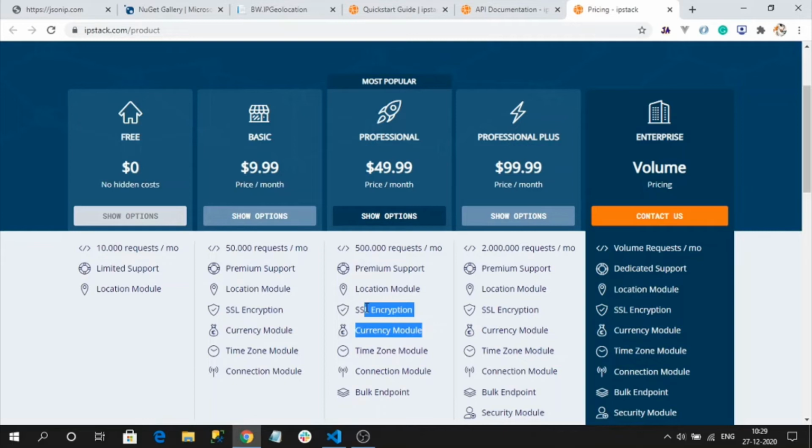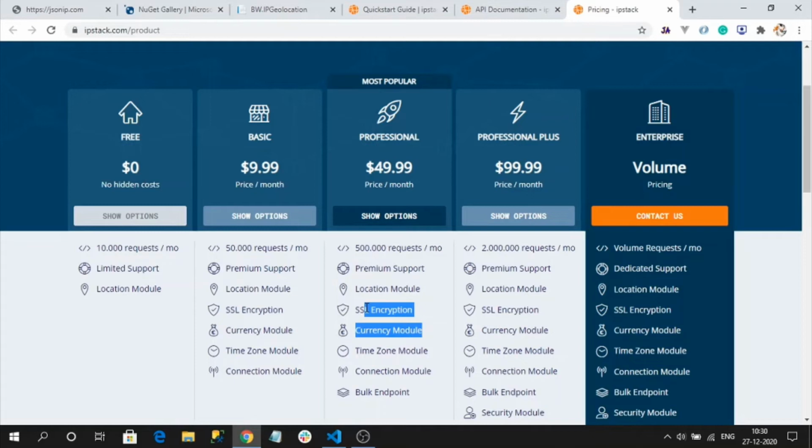So if you don't need accurate location, say you want only which country the user is in, which currency that country uses, or the time zone, you can go for other free subscription plans because there you can get HTTPS as well. I am going to show one such endpoint later in this demo. So if you want only the user country, currency, or timestamp, I suggest using that free subscription plan because there you are going to get an HTTPS URL.